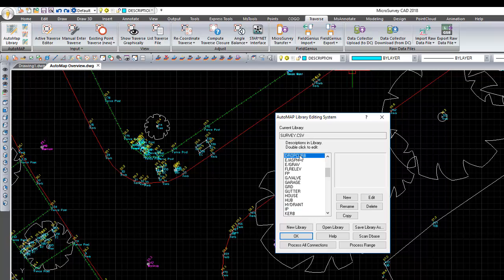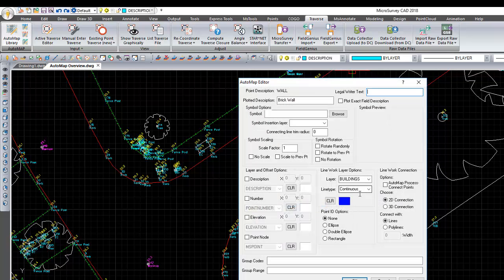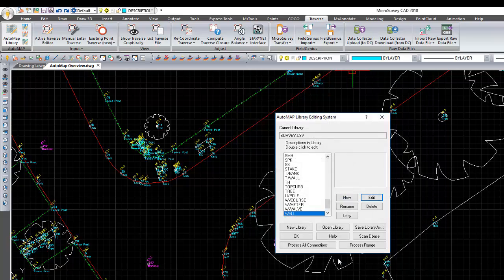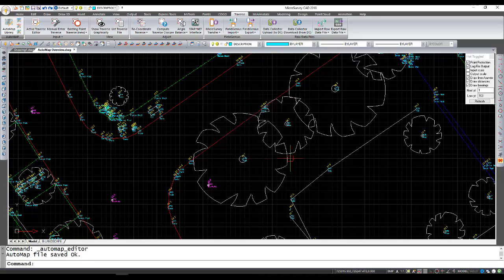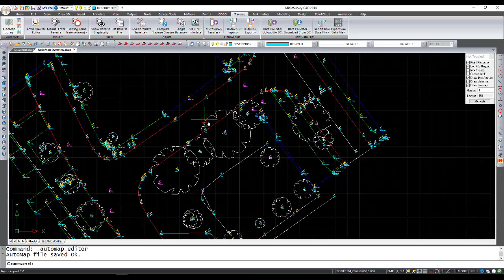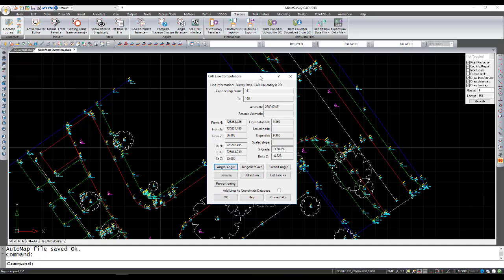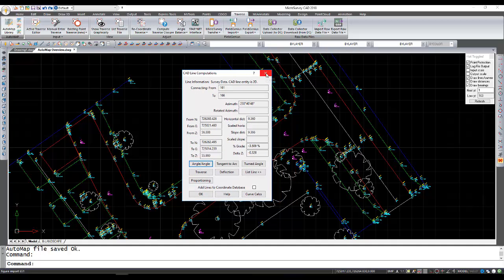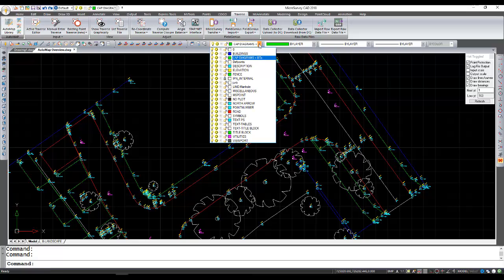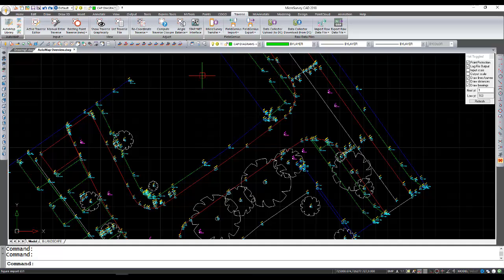The wall description, on the other hand, is right here. If I go to edit, you can see that it's been assigned to draw 2D, just regular lines, and on a new blue layer that's called buildings. I'll just have a look at what that looks like in the drawing. Over here, you can see the blue line work, and if I pick on each one, we can see where they've been drawn. If we look in the layer list, we can see that there is a buildings layer created. So that gives you a quick overview of how AutoMap will work